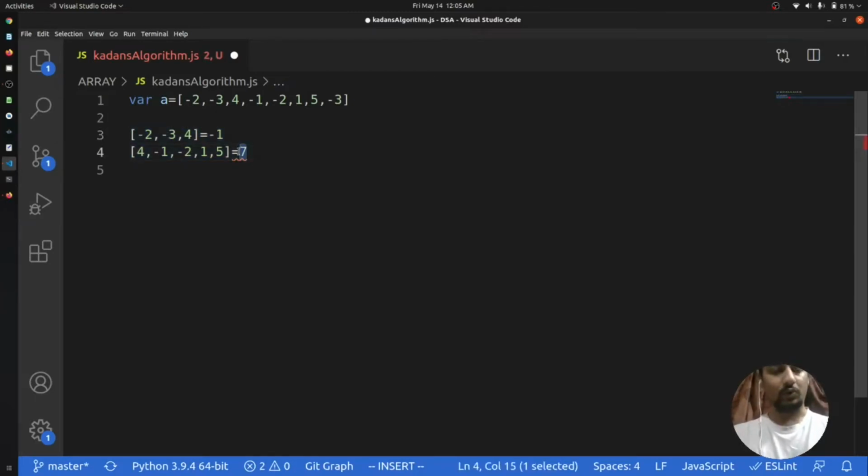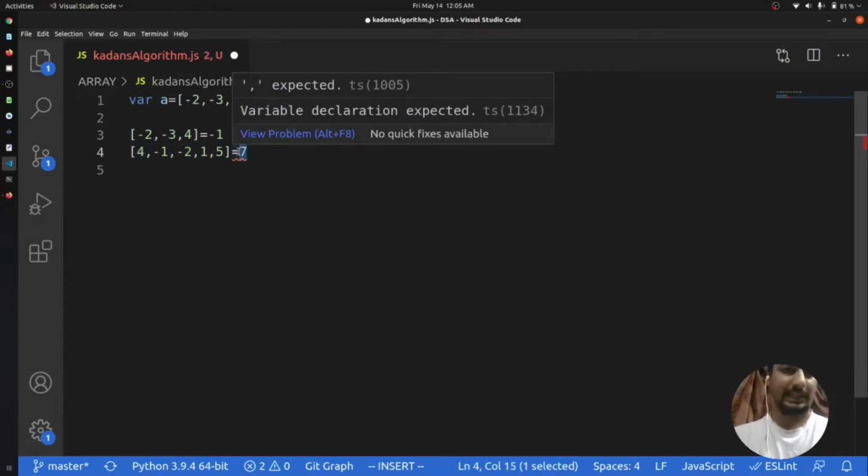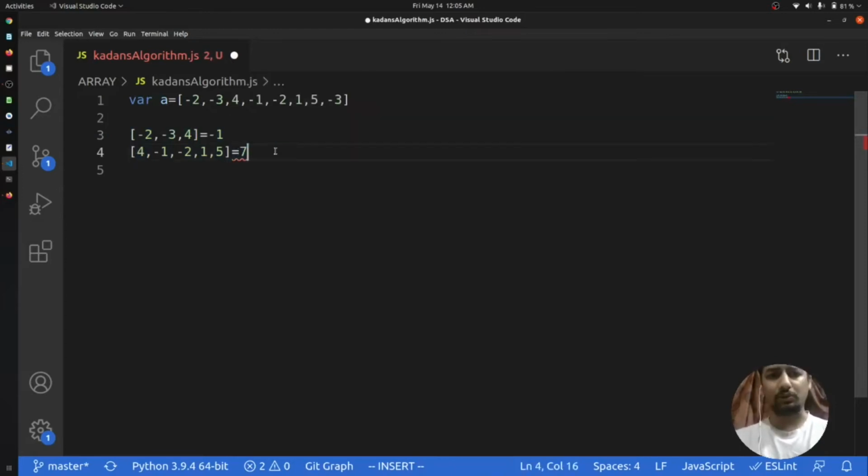Mostly in the question they will just ask you about the maximum sum, or in some questions it will ask you for the subarray also. To find the subarray you can just find the indexes from i to j and it will give you the output. So let's start with the brute force method.